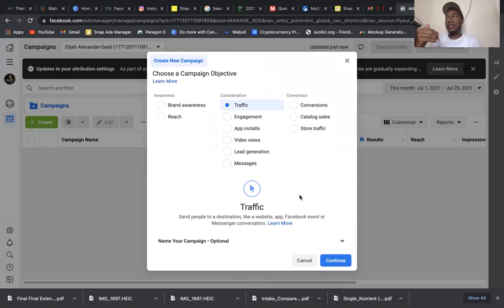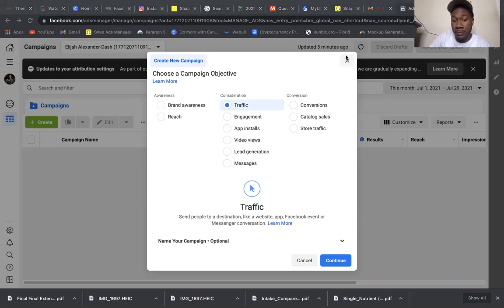A lot of these options that are on the mobile version of the Facebook app are not as optimized as they would be when you're in your ad manager, because when you click on these in your ad manager, these are what these campaigns are shooting for. When you're doing them on your phone, you're just kind of shooting all over the place. You're not really doing anything, and you're wasting money.